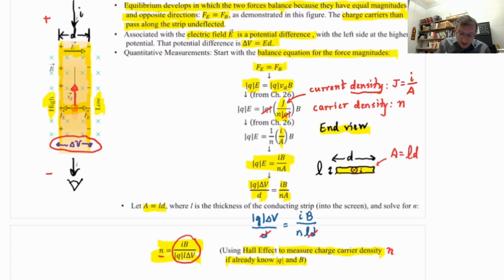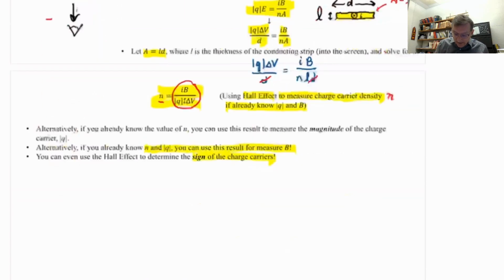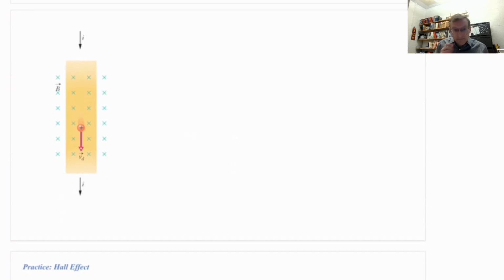Now that's based on negative charge carriers. Now let's take the same shape conducting strip, same direction for conventional current, but now have positive charges moving. Okay, that's this picture right here. I've got conventional current I coming in at the top and out at the bottom, uniform magnetic field into the screen, but now my charge carriers